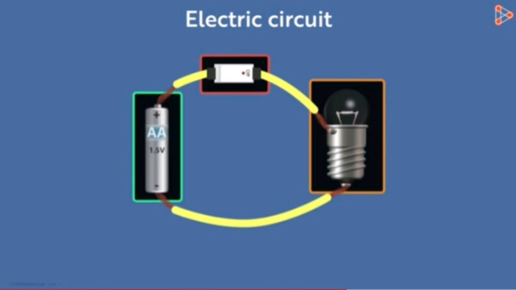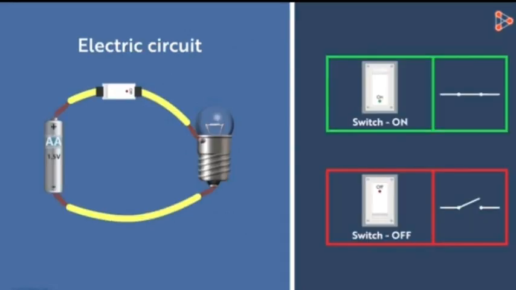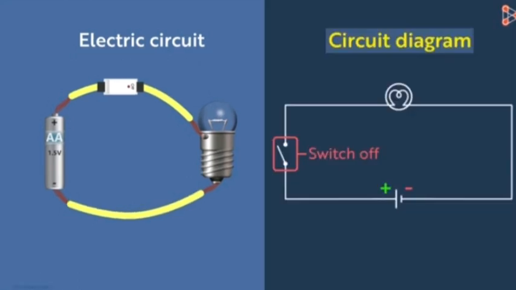Now let's see the circuit diagram of this electric circuit. In this electric circuit we can see three components. One is a battery, next one is a bulb and the next one is a switch. The switch is added over here. So what will be the circuit diagram? In my previous video lecture you have seen what the symbol is if the switch is on and what the symbol is if the switch is off. You can see in this picture also, one case is showing the switch on and the other is showing that the switch is off.